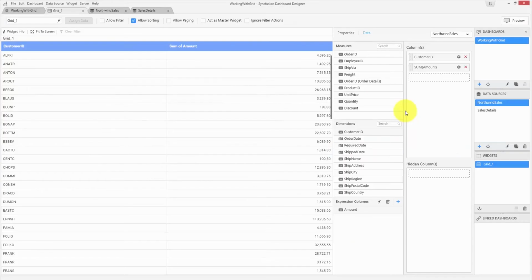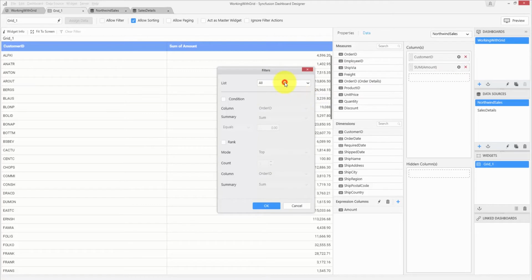Coming back to the original dashboard that we have been working on, now let me show you the various customization options available with respect to the data. You can customize or format the data using the settings button available in the field. These customizations are available based upon the field type. For example, the customer ID is a string type. Here we have options to sort the data, and also you can filter data by including or excluding items, and also you can add filters based on condition or based on rank.